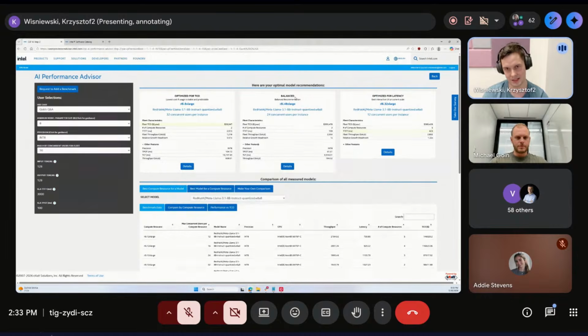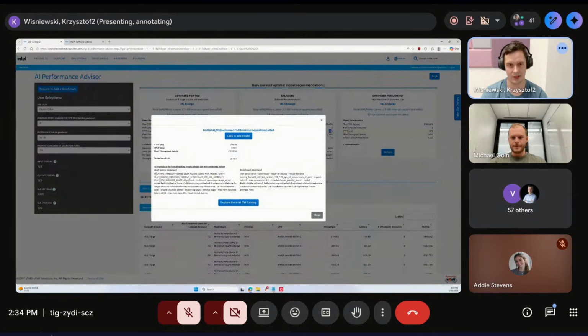So also you have balanced, where you are getting R8i 40x large, 3 instances of that. This is much more expensive, but you are getting much better TPOT and much better time to first token. And of course, if you want to reproduce those results, you can also do that. Here you have example. Here you have how this test was run as a server command, how it was run, and how it was stressed with vLLM bench. Don't worry about those parameters.